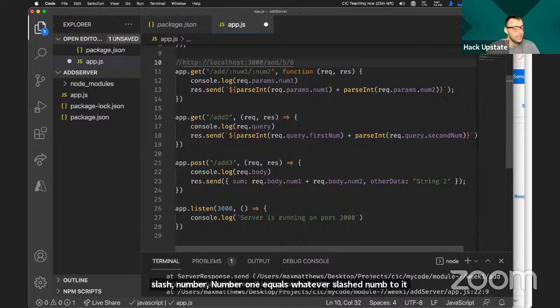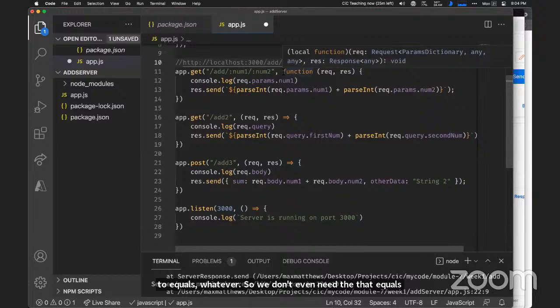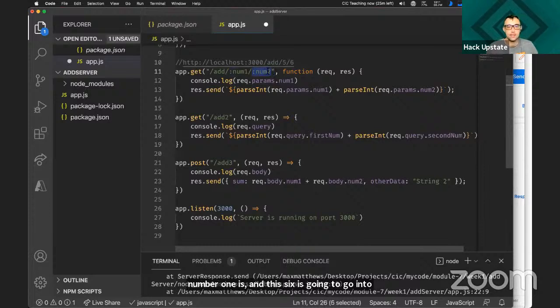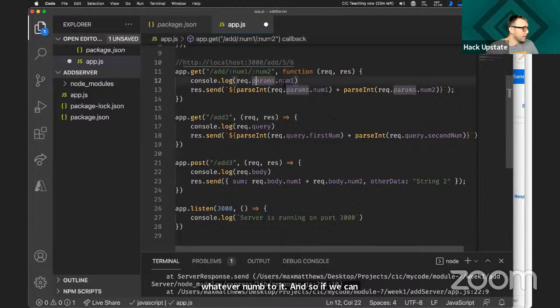So we don't even need the equals. Because they're route parameters, the way Express knows that they are different is because of the slashes in between them. So this 5 is going to go into whatever num1 is, and this 6 is going to go into whatever num2 is. If we console log num1, that would be 5.